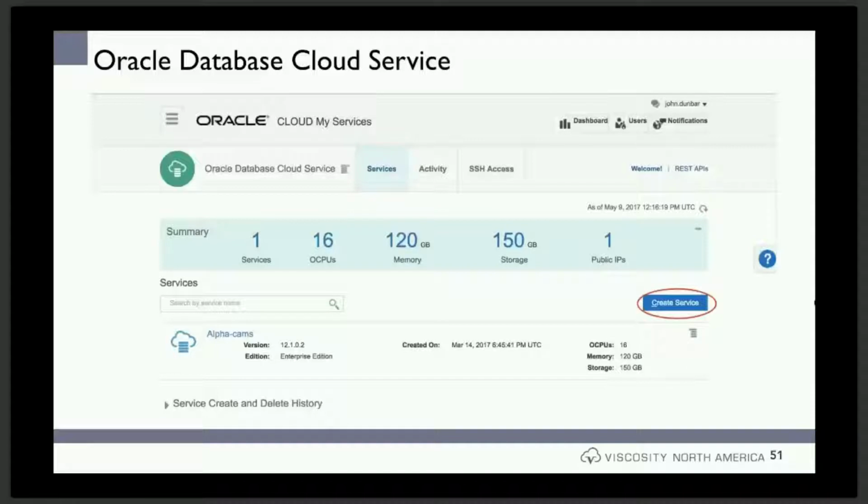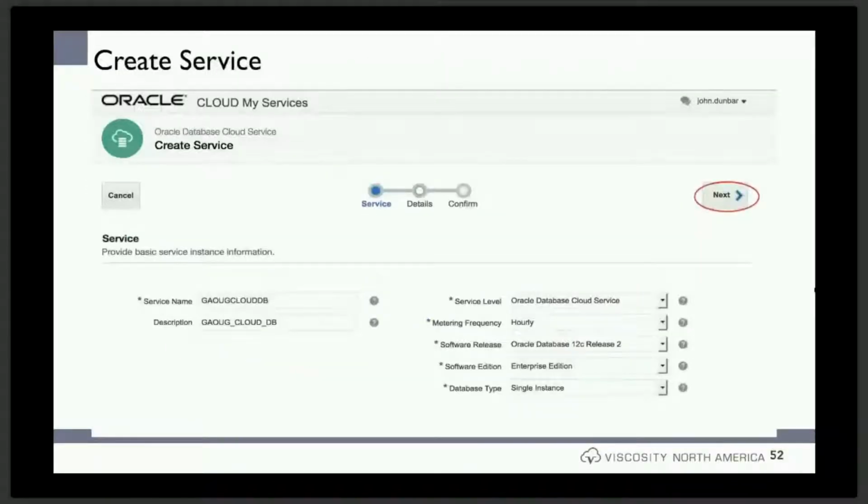Okay, we're going to go a little bit faster. We started late, but I'm going to try to see if we can finish sooner. So here's from a backup perspective. I'm going to go through the process of provisioning a database cloud, right? From the cloud service screen, I'm going to go create service. This is OCI, okay? And then from here, as you can see, we pick the